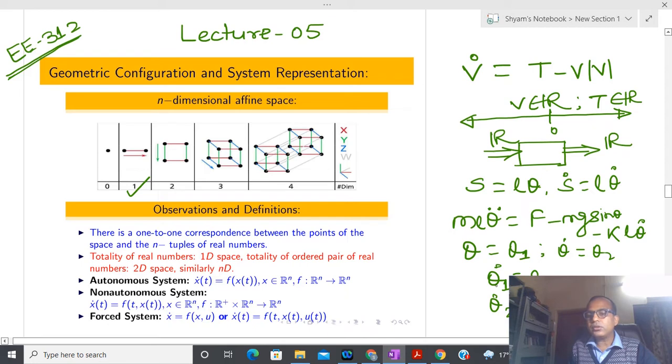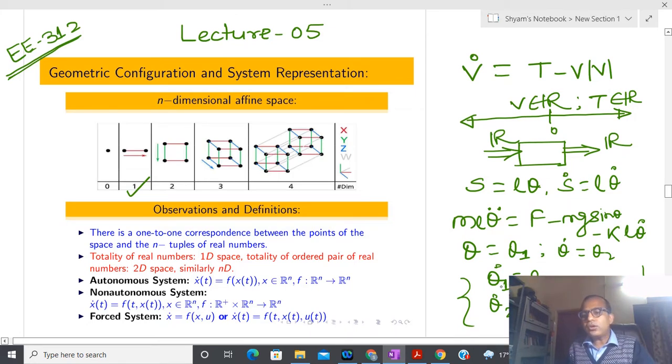Okay, and theta dot is nothing but theta 2. In this way, you can see that in this particular representation I have two variables, theta 1 and theta 2. In order to solve this differential equation, I need the information of the whole thing. Apart from that, I need the information of the initial condition, because I have to solve the differential equation, and that particular initial condition we are interpreting as a state.